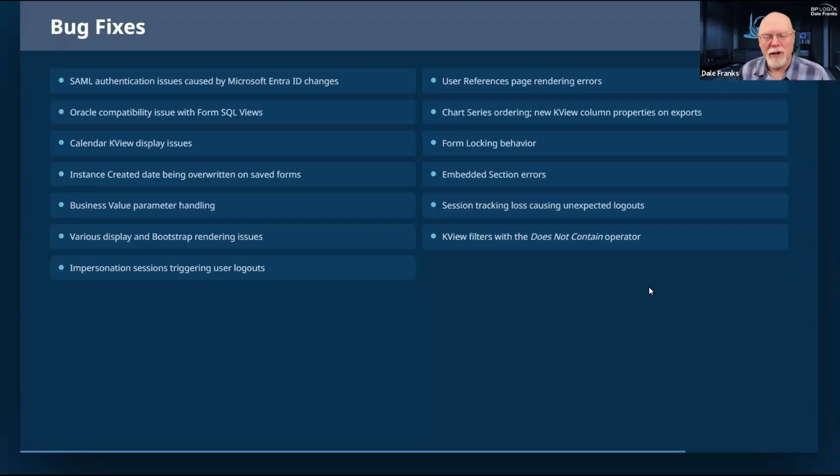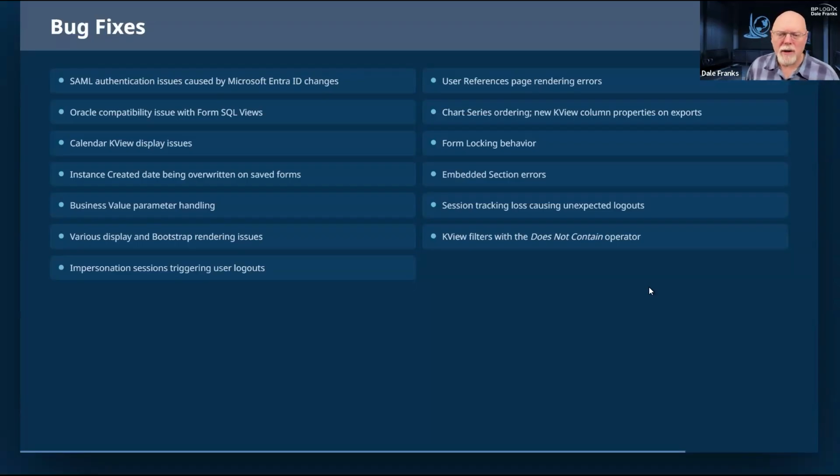Microsoft decided they were going to change the way SAML works because, why should we follow the standards that everyone else in the industry uses? We're Microsoft. So they've changed the way that Entra ID handles SAML authentication, and they kind of just did it. And so we are dealing with the fallout for them just doing stuff in Entra ID. So we've had to update the way SAML authentication works so that we can handle the change that Microsoft decided to just toss into Entra ID.